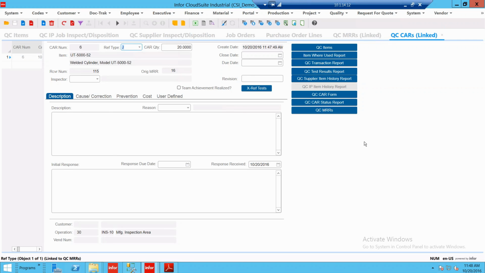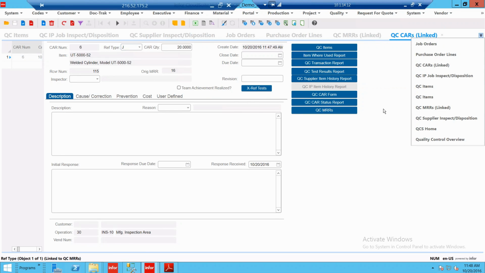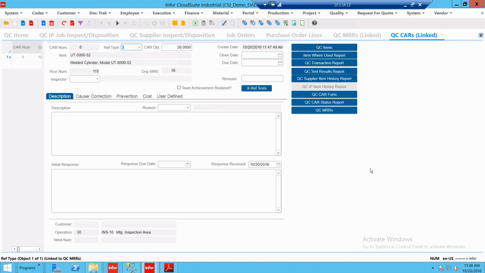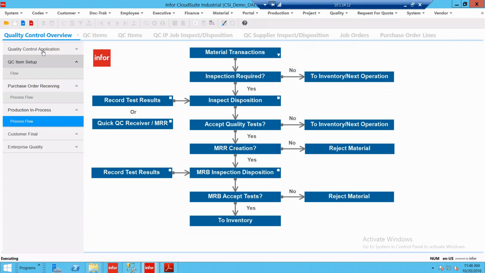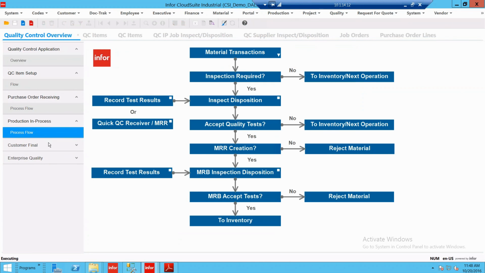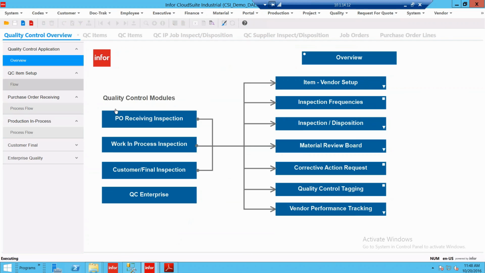Okay, that's good. Let's move to completion here. If you remember, we started off here on the home form in this overview. We went through a quick process on both the PO and the job side. Just a quick word on the customer side. Again, the idea is that if there's some kind of special inspection requirement related to a particular customer, or for all customers, let's say you always want to invoke the requirement to print a CFC,